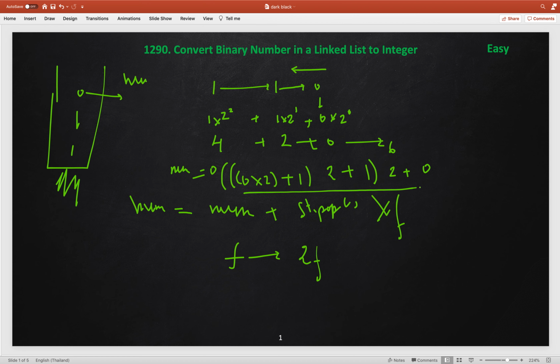If we expand this, it becomes the same as what we were getting: 1 into 2 to the power 2 plus 1 into 2 to the power 1 plus 0 into 2 to the power 0. So this is what we represented over here. This is the other approach we can use to solve this problem.